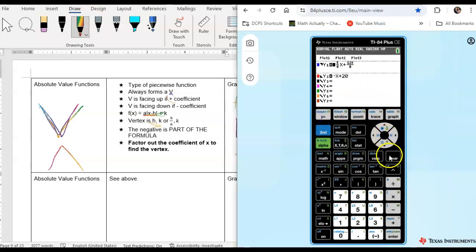So if I go to y equals, let me clear this out, it's from before, and we're going to go ahead and put in our absolute value bars. Oops, that's not the absolute value bars. Hold on, give me a second. So absolute value is, we go to math. Math, and then we go over to number and hit absolute value. So absolute value bar is there, but I want that to be in here. So we're going to do math, number, absolute value,